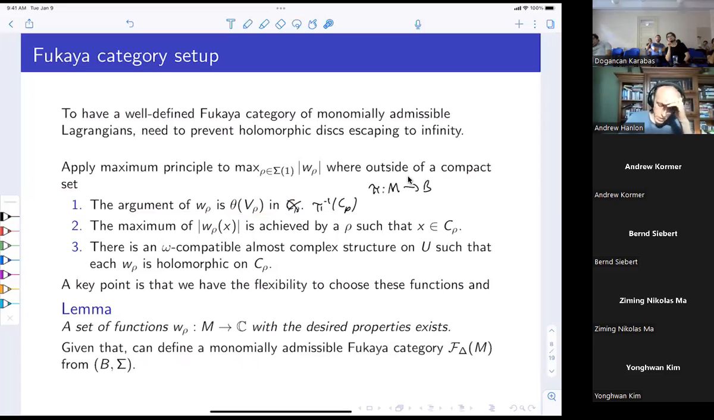Okay, then the second thing is that this collection W_rho tropicalizes appropriately. So if I took the norm of W_rho at a point X, again in pi inverse, then the maximum over the rho is achieved by a rho such that X is there. So that tells me that